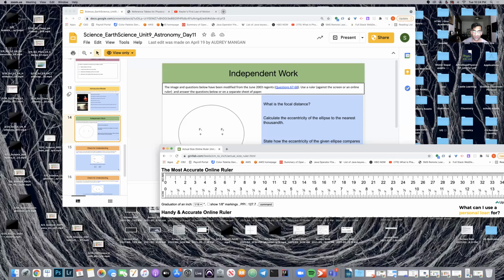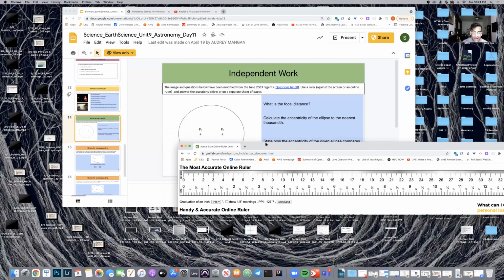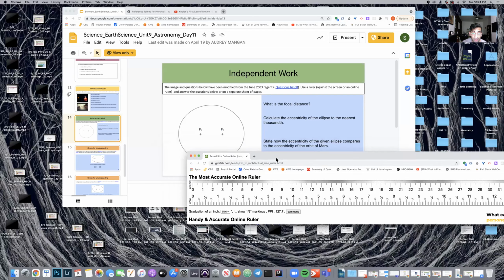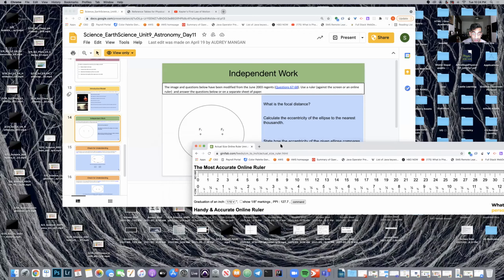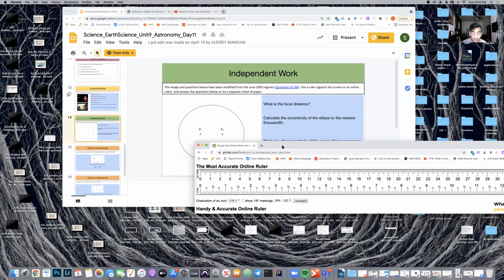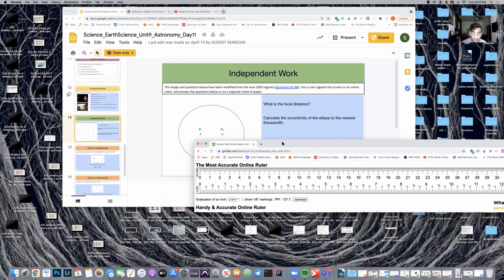So now you should be able to see my entire screen. Minimize that. All right, and now you can find these online rulers everywhere. So normally in Earth science, we'd be doing this with a physical piece of paper and a ruler. However, what we're going to do is I'm going to use zoom tools to make an accurate measurement of the focal distance. So what I'm going to do is I'm going to draw lines between these two points in order to ensure